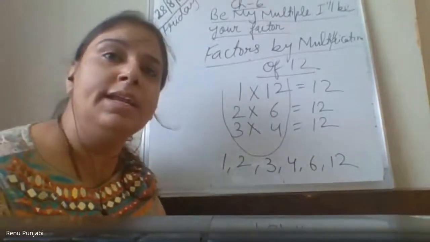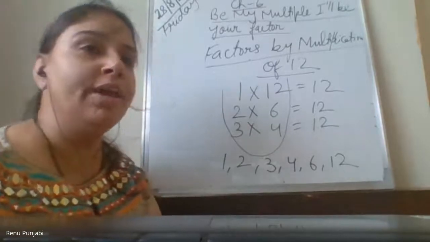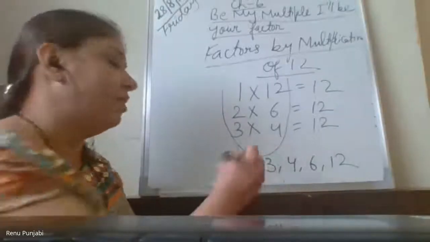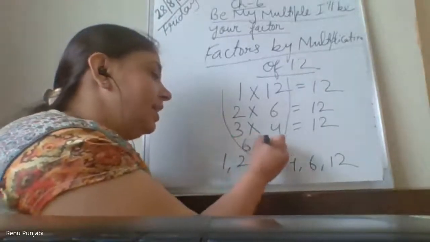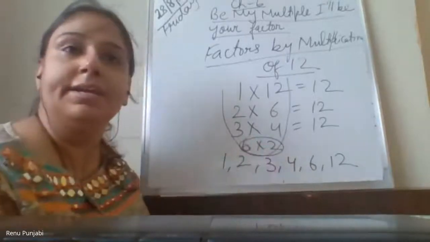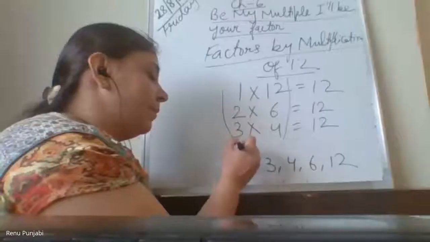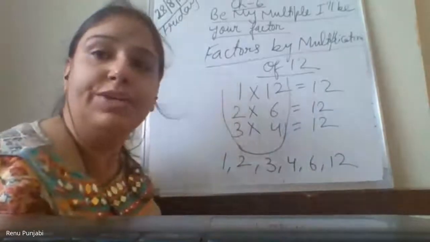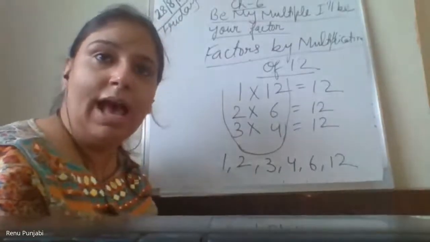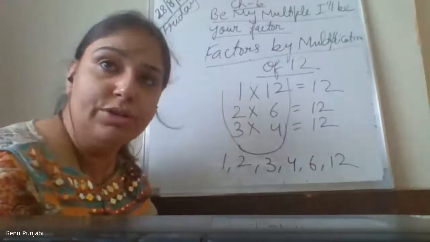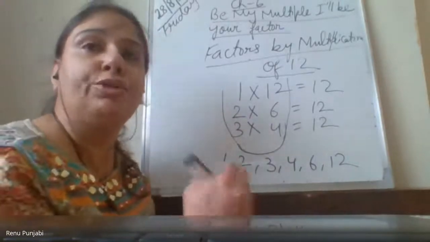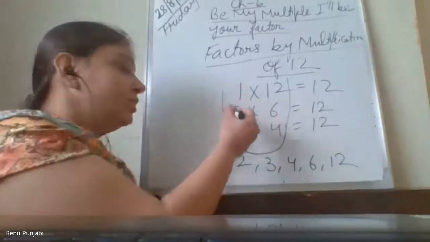Am I clear till here? So now you can see that if you do 6 into 12, it means that now the numbers are repeating. So you will not do it with the repeated numbers now. And you will stop. And you will take the U method which we have done yesterday also, and which we have done in grade 4 also. So now what are the factors of 12? 1, 2, 3, then 4, 6, 12.